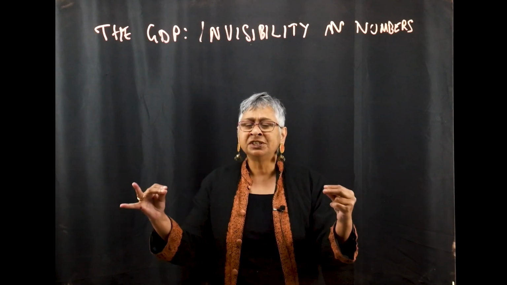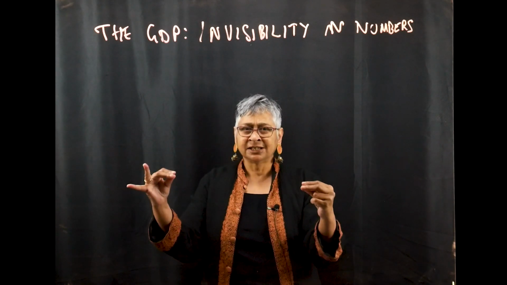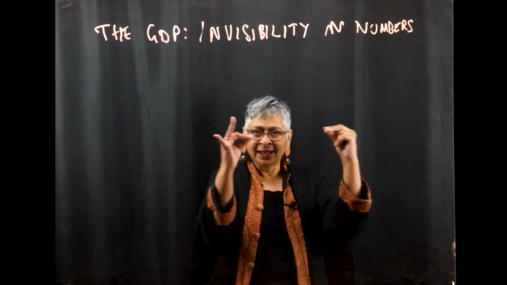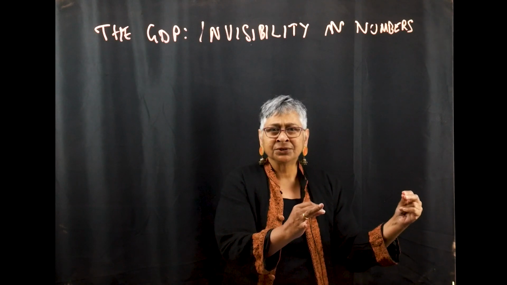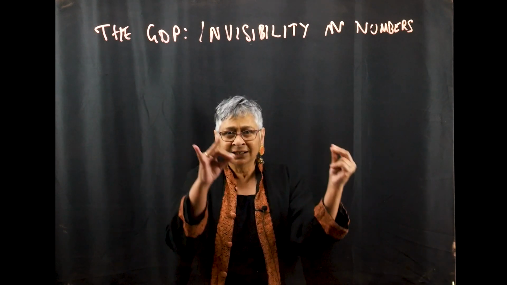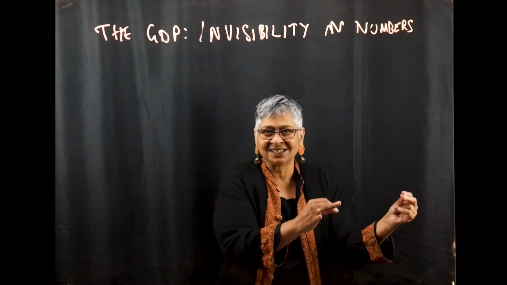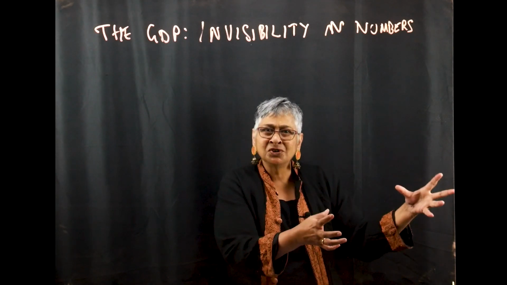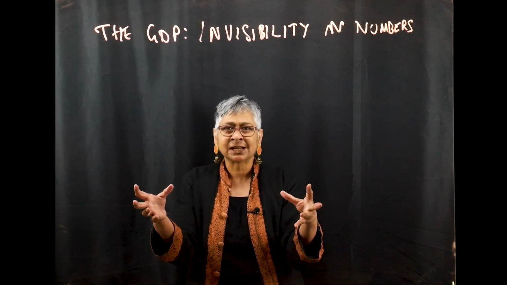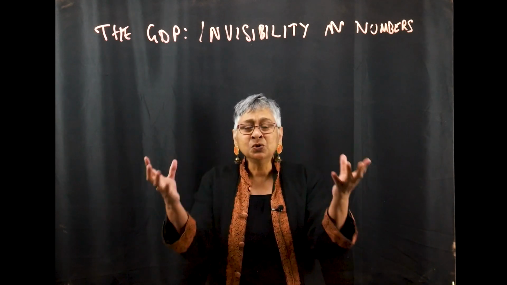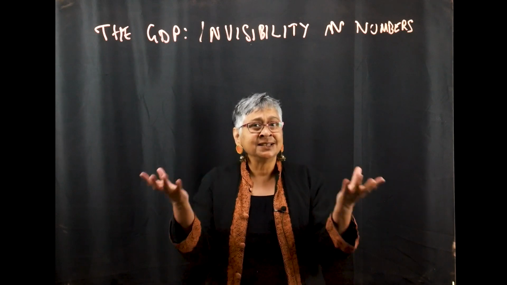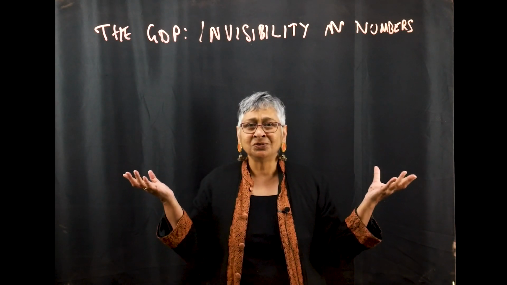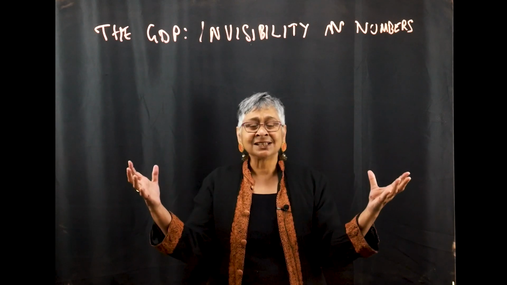If we notice the GDP consistently and constantly as a way to measure how the economy is doing, and these elements are invisible in the numbers, then that means that these elements are not noticed when policy is being crafted, or they are treated as secondary issues in policy discussions, and therefore you can end up with decades and decades of policy which essentially failed to pay attention to these issues. So that is our week